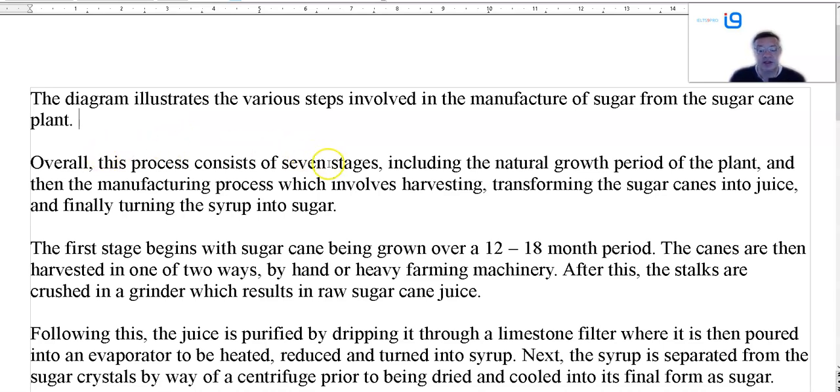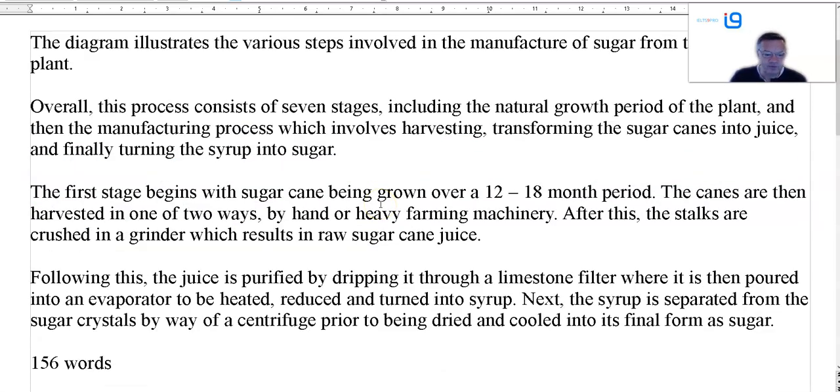Overall, this process consists of 7 stages: the natural growth period of the plant, and then the manufacturing process, which involves harvesting, transforming, and finally turning the syrup into sugar. Okay, that's pretty clear. The first stage begins with sugarcane being grown over a 12 to 18 month period. The canes are then harvested in one of 2 ways: by hand or by heavy farming machinery. After this, the stalks are crushed in a grinder, which results in raw sugarcane juice. And following this, the juice is purified by dripping it through a limestone filter, then evaporated, heated and reduced, and turned into syrup. Next,